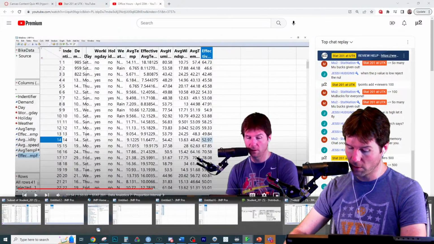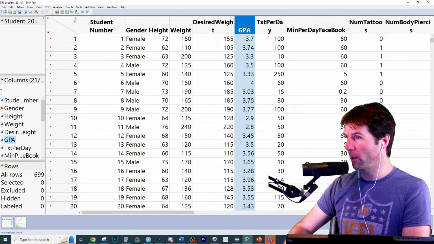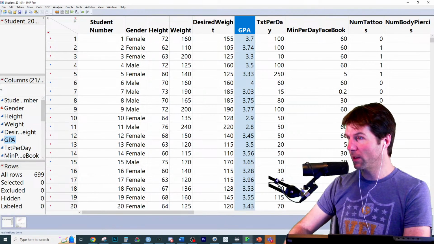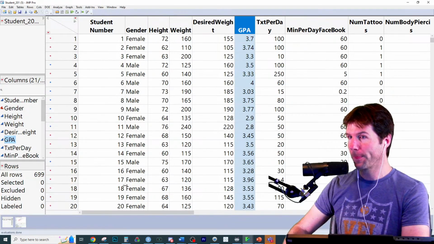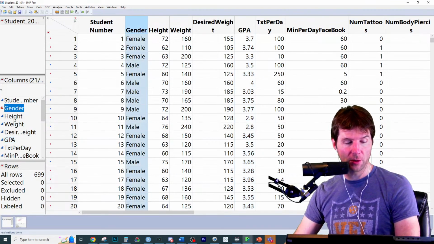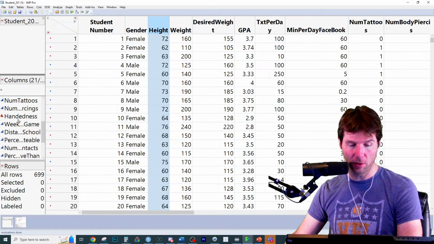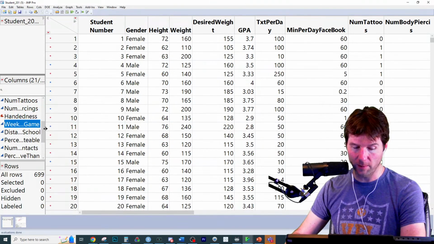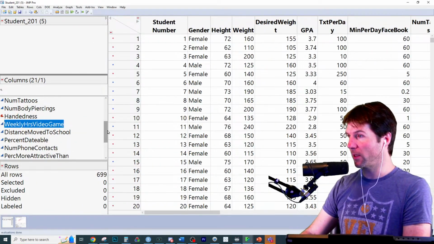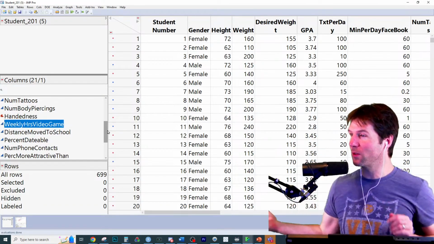When we do confidence intervals in JMP, I've got a data set right here where I can do tests. What do you notice about gender and height, and what is JMP telling you with handedness and these other variables? That's the first thing to notice about doing data analytics. I hope you'll use this after the class.